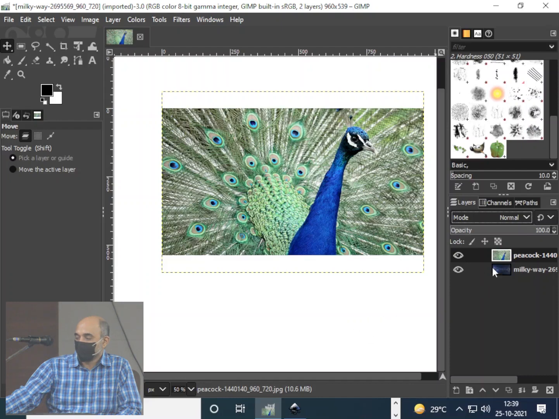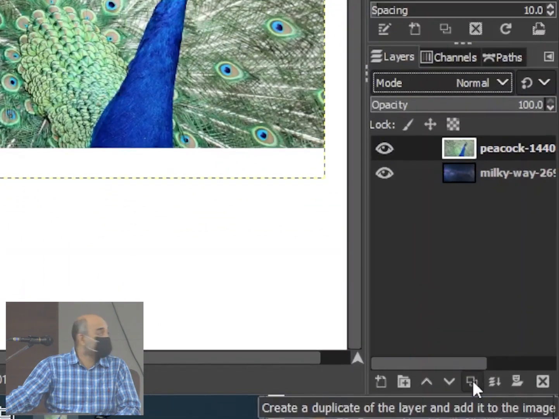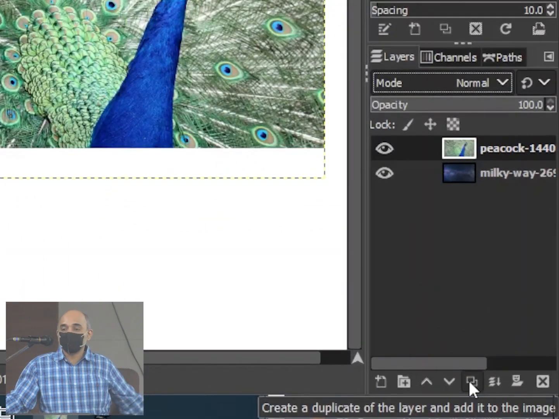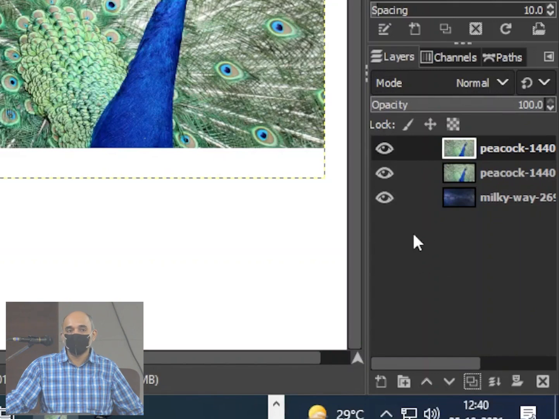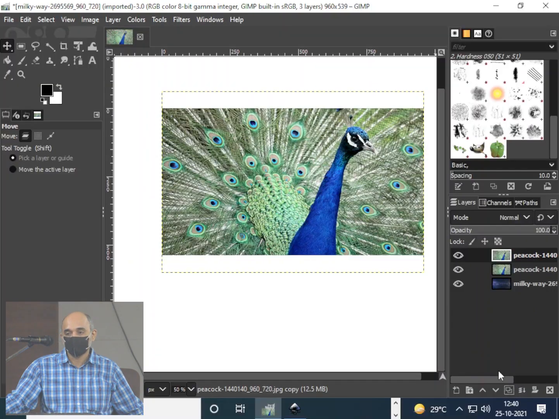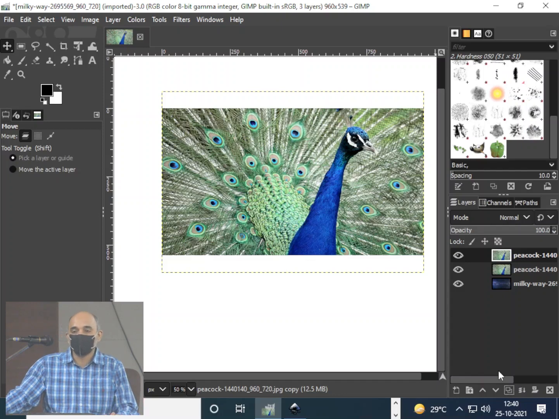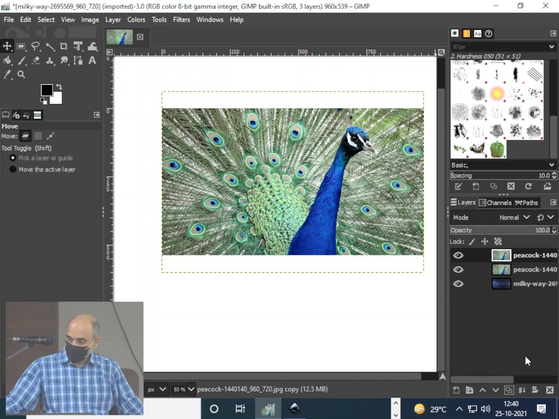Fine. So what I am going to do is, you will find that there is a button here to duplicate. Okay, so I am clicking on the top layer, the peacock layer, and duplicating it. So you'll have two layers with the peacock image on it. In your case, select which is the top image and duplicate the layer. And if you have changed the mode, click on the lower layer and set the mode to normal again. Okay, those who have actually changed the mode of the lower layer of the peacock, set it to normal.